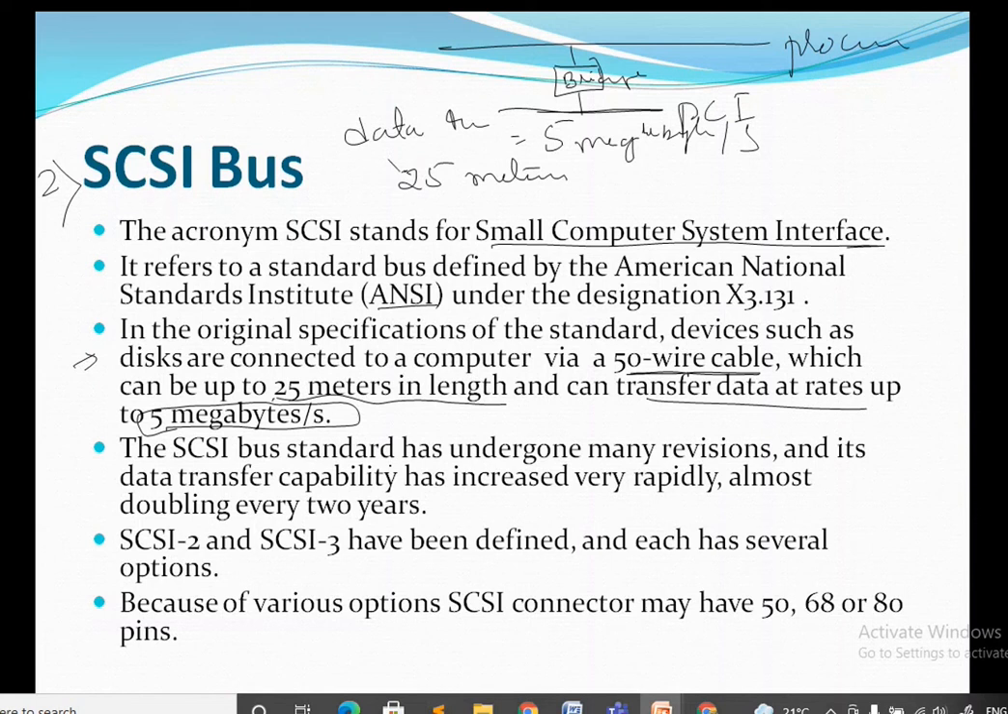The SCSI bus standard has undergone many versions. Whatever we are using now, there are so many improved versions, and those all have different versions. Maybe currently we are using SCSI 3. So 1, 2, 3. Each time there is some improvement done with respect